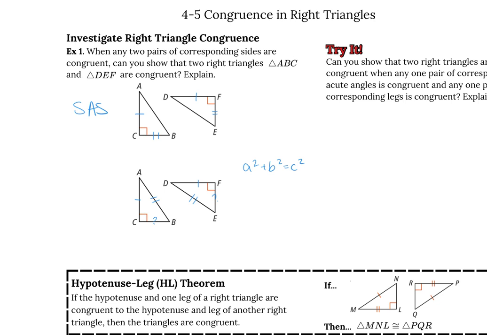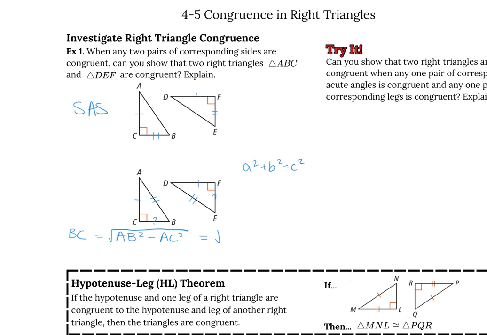Okay, so to find our BC, is equal to the square root of AB, which is our hypotenuse side. So then we would want to subtract our other side from it, AC squared, and that would be equal to